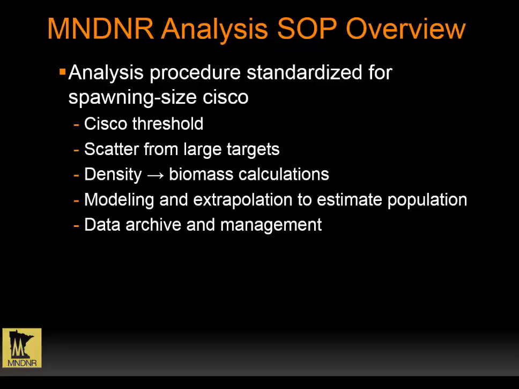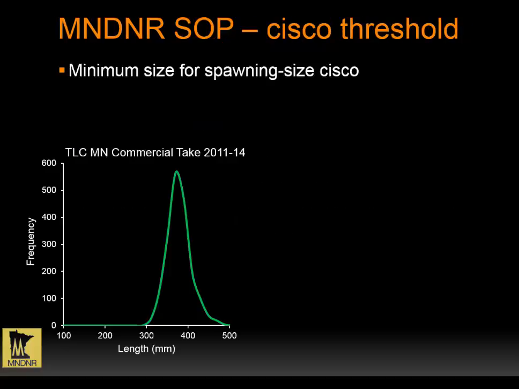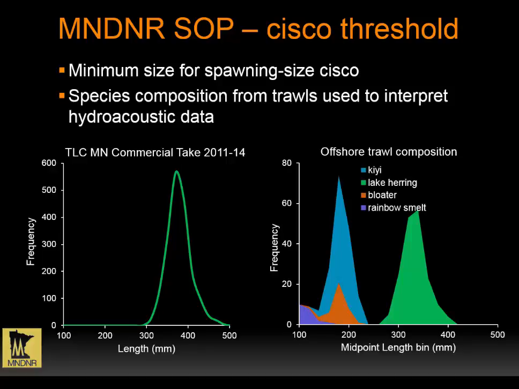So I'm just going to step through each of these really quickly and briefly and show the process by which we made these decisions and moved ahead with the SOP. The first thing we needed to do is to determine a threshold, and we wanted to do that for spawning size Cisco. What we see with the commercial take is that typically fish are caught between 300 and 500 millimeters in length. When we looked at the trawl data corresponding with when we did our hydroacoustic surveys, we